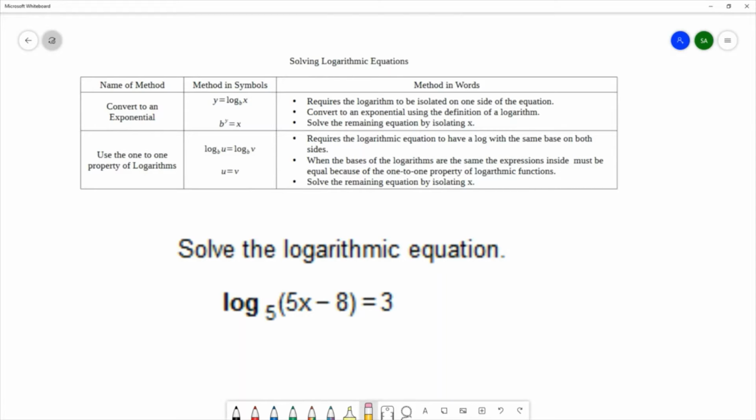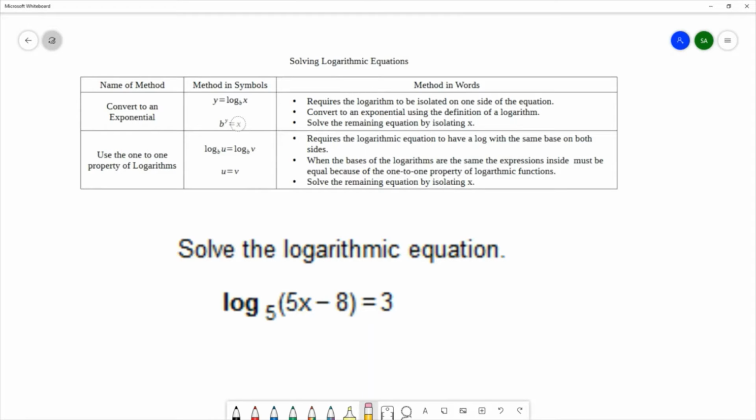We have two main techniques. One of them is to convert to an exponential equation. We would start off with a log equation, y equals log base b of x, and convert to an exponential, and this is using the definition of a logarithm. We've got the base of the log being the base of the exponent. The log always equals the exponent, so y is our exponent, and what's inside the log is what our exponential